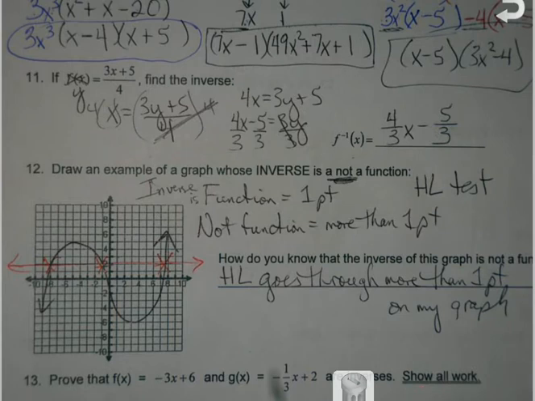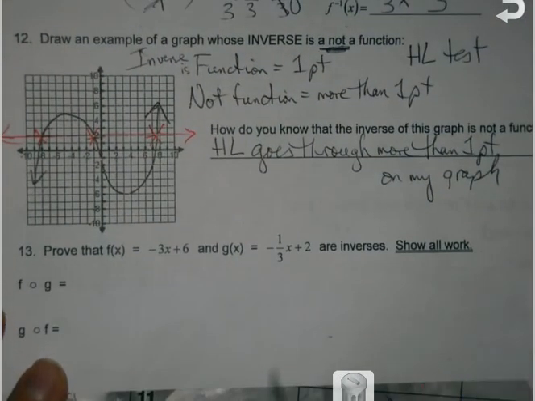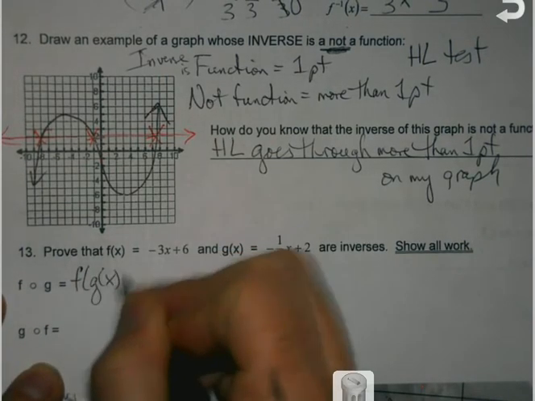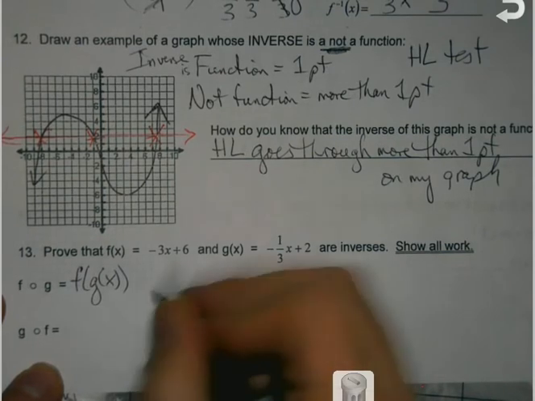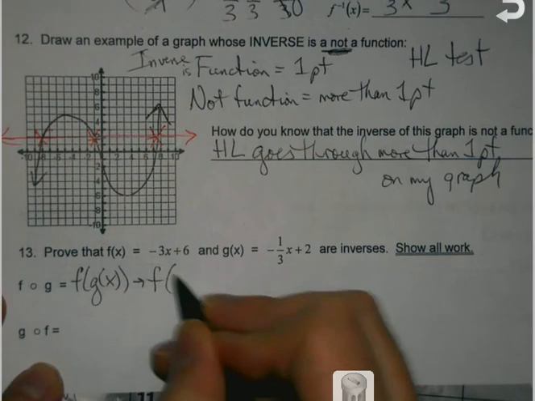But again, any picture would work, but read carefully, because tomorrow I may ask, is it a function? Depends. So read carefully. Okay, prove that f of x and g of x are inverses, show work. F of g. Remember, that means we are plugging g into f. Write the steps so you see it, which means g of x